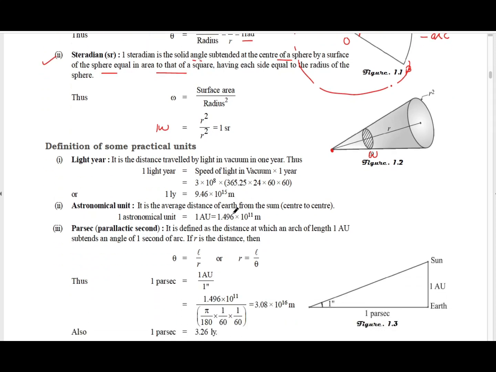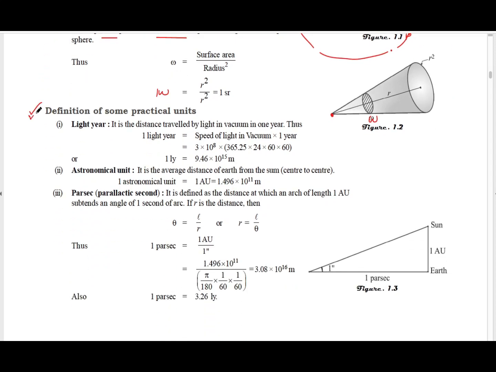There are some other important definitions which you need to remember from the competition point of view. Light year: what is a light year? It is the distance traveled by light in vacuum in 1 year. Because it is a distance, it is represented in meter in SI unit. 1 light year will be distance equal to speed into time. The speed of light is 3 into 10 to the power 8 meter per second, and 1 year is equal to 365 days, which we multiply by 24 hours and convert into seconds, so 1 light year comes out to be equal to